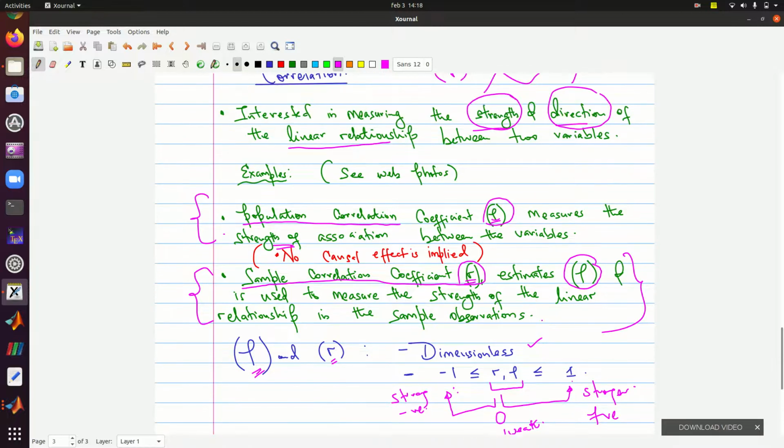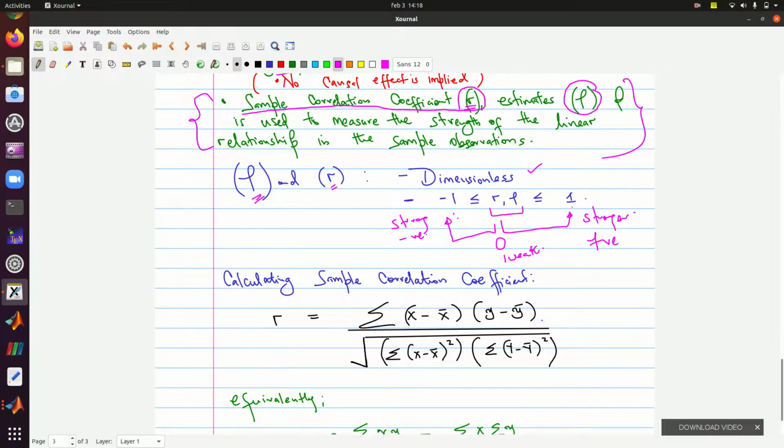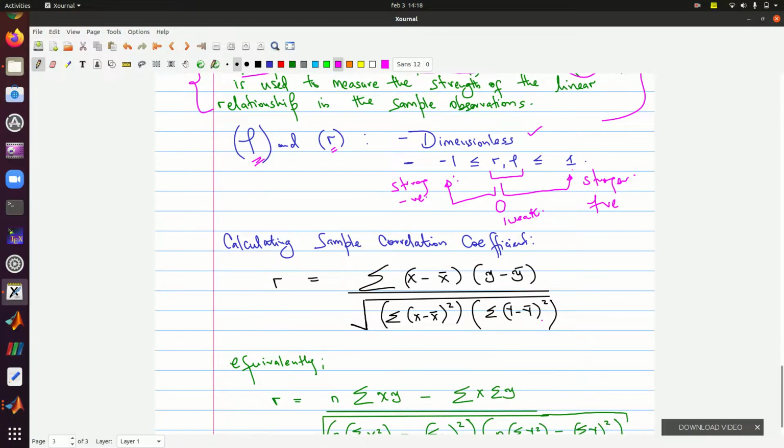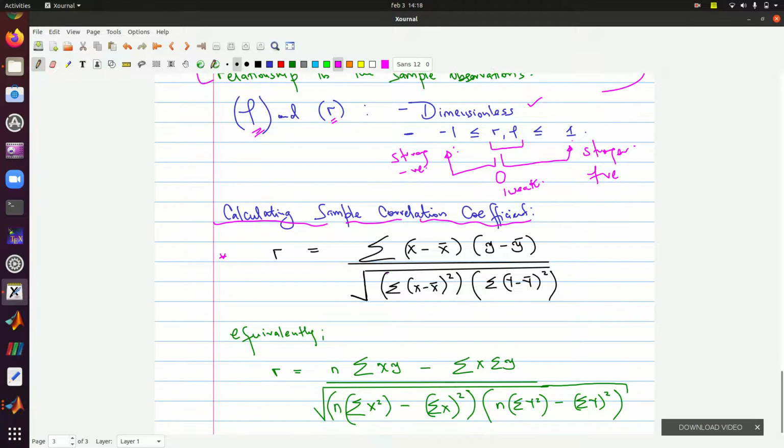So what else here? Now how do we calculate this sample correlation coefficient? Well, we have the formula here. We are not just interested in the derivation. If we have simply x and y, our data, then we can just calculate R using this formula, the summation